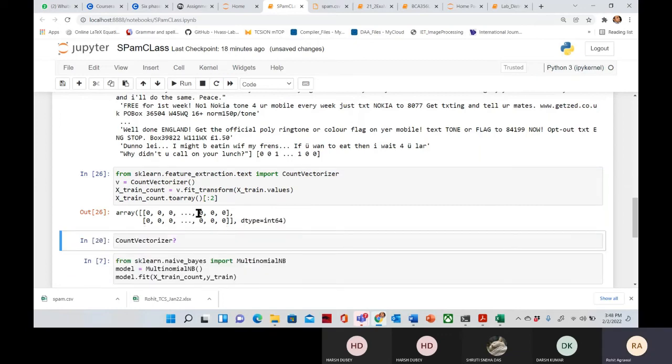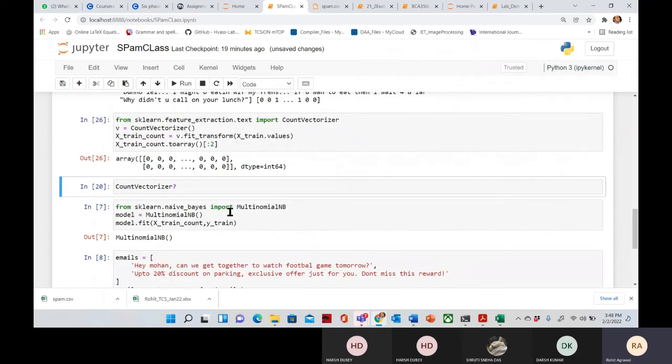Okay. So you can read about the sparse matrix. I used the sparse matrix in my PhD work, so I remember. Sparse matrix means a lot of entries are zero. Okay. So this count vectorizer is clear. So that means we have transformed our text data into the matrix of token counts. So you can see these zeros or some entries are the token counts.